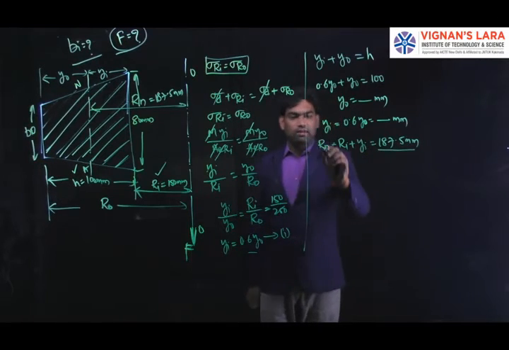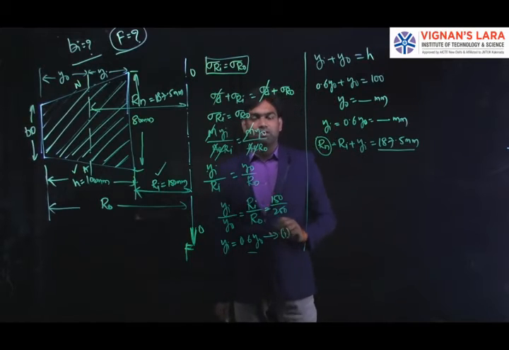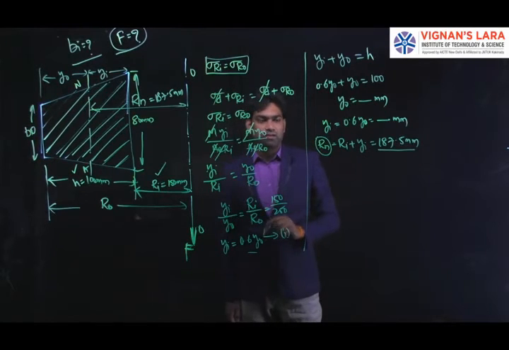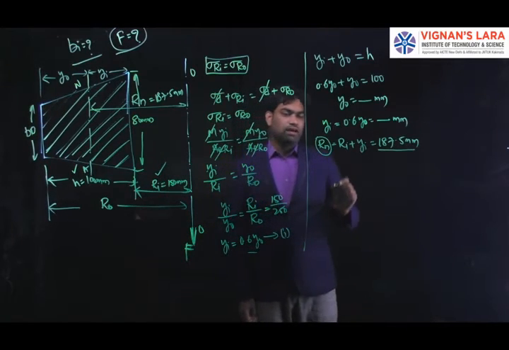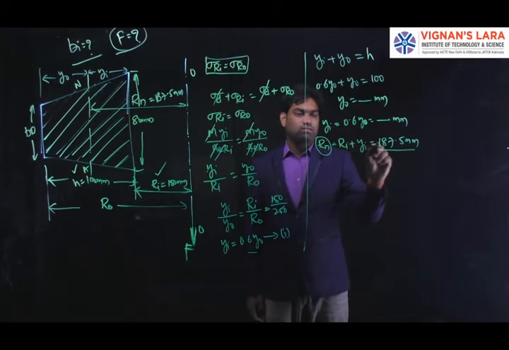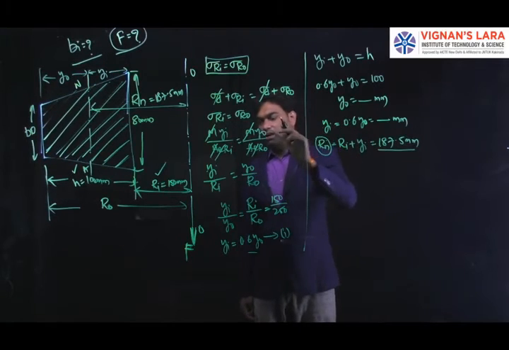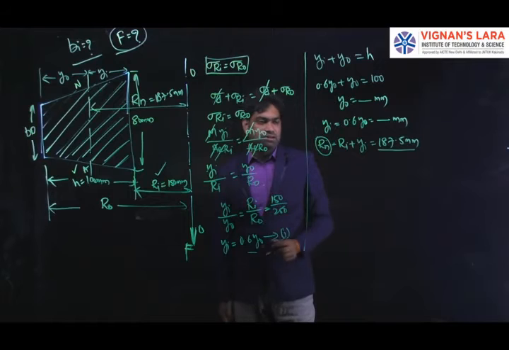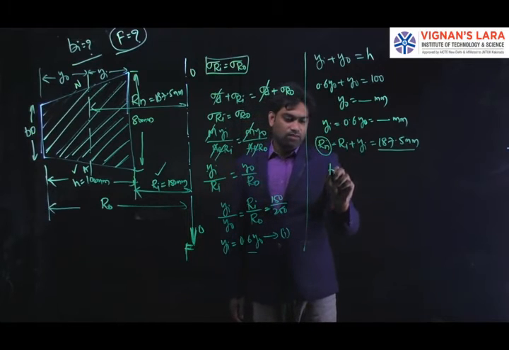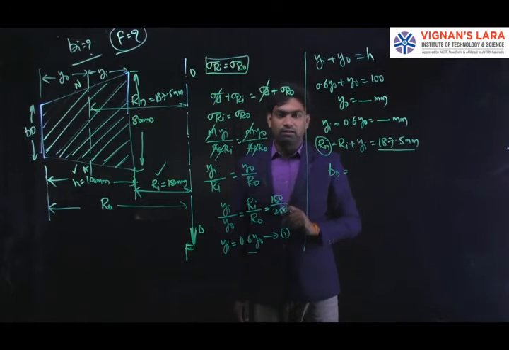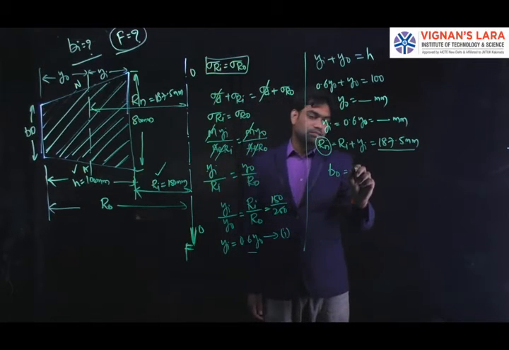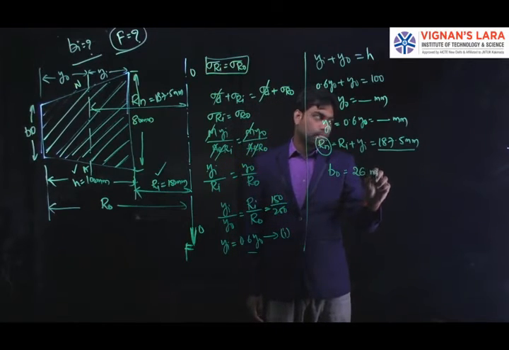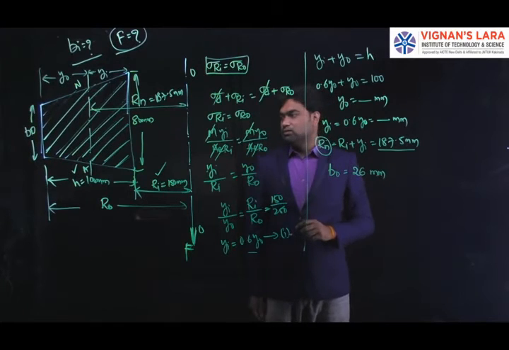You can take the relation or equation for the radius of curvature to the neutral axis from the design data book for trapezoidal cross section. By substituting the values of Rn, yi, y naught, Ri and Rn in that equation, we can find the value of width at the outer fiber, that is b naught, and it is given as 26 mm.